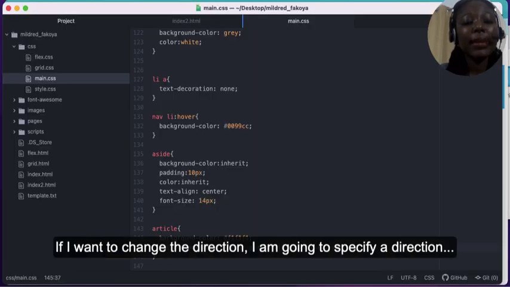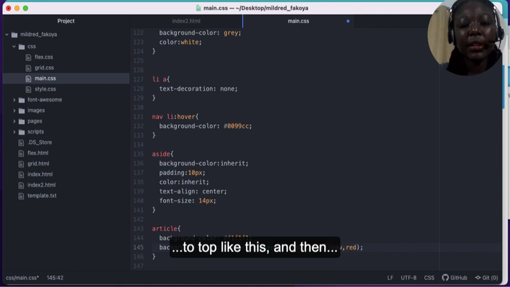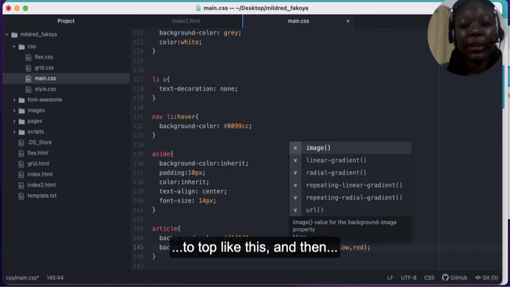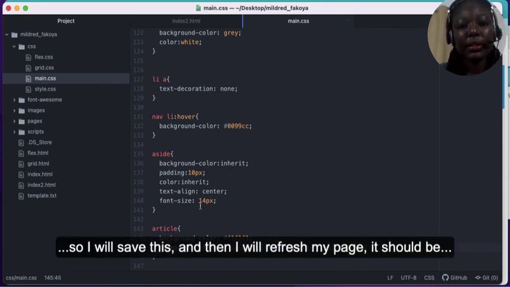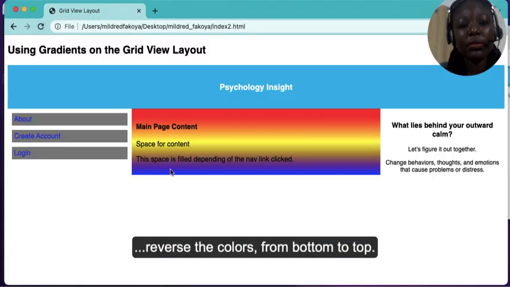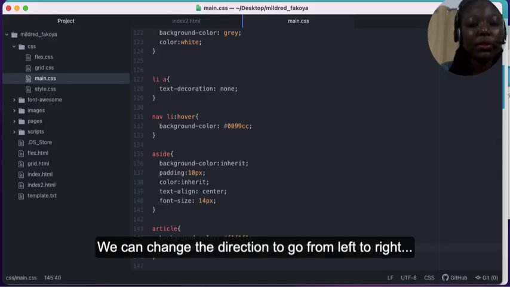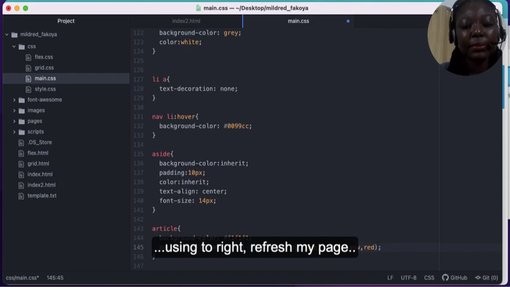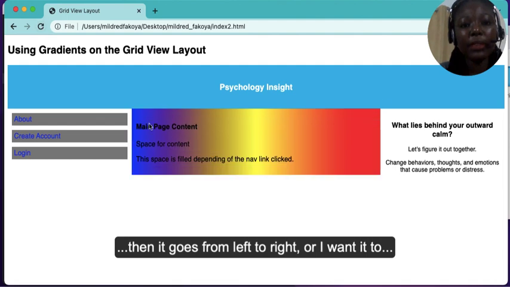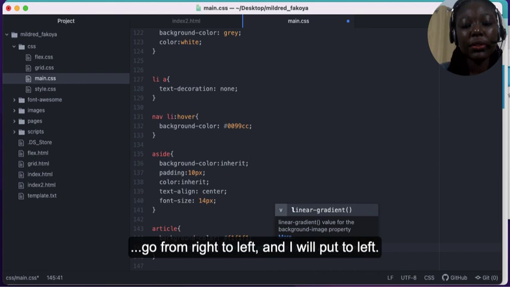If I want to change the direction now, I'm going to specify a direction. Let's say I want it to go from bottom to top, so I'll specify to top like this, and then I'll save this and then I'll refresh my page. It should reverse the colors from bottom to top. We can change the direction to go from left to right using to right. Refresh my page, then it goes from left to right, or I want it to go from right to left, and I'll put to left